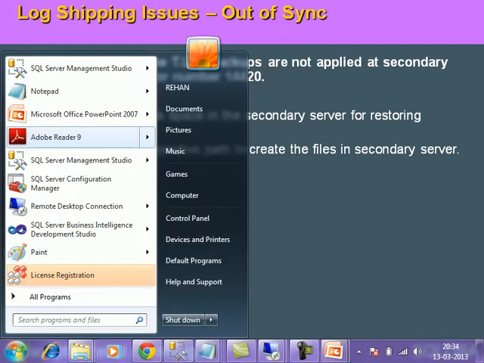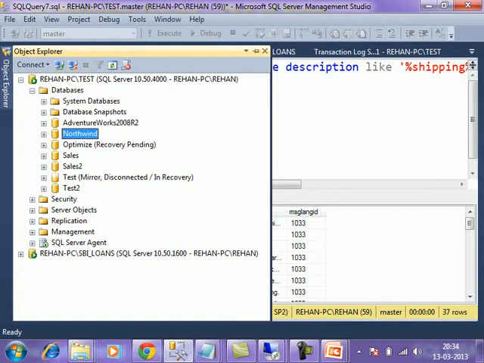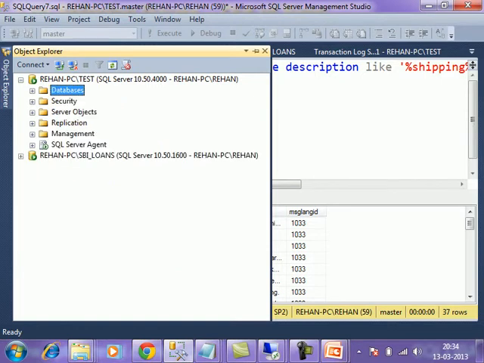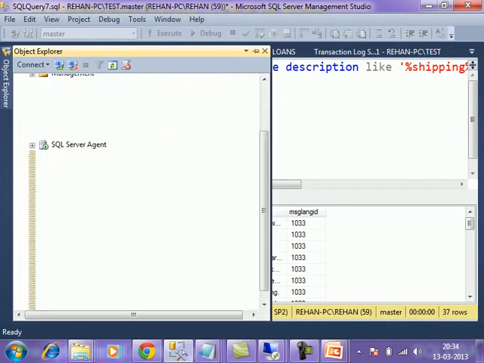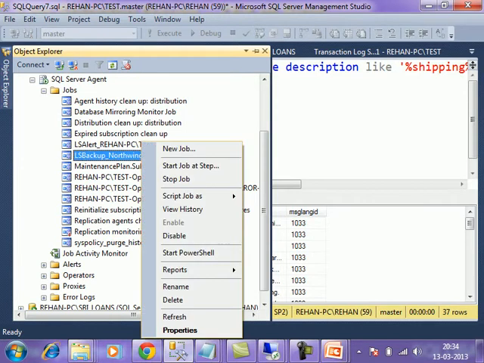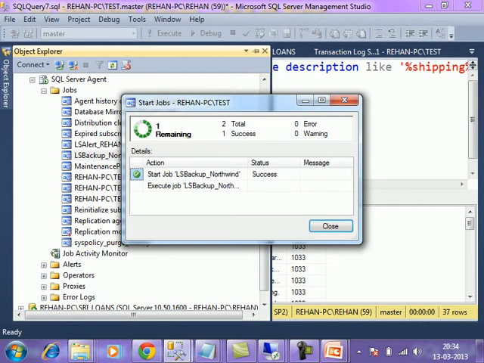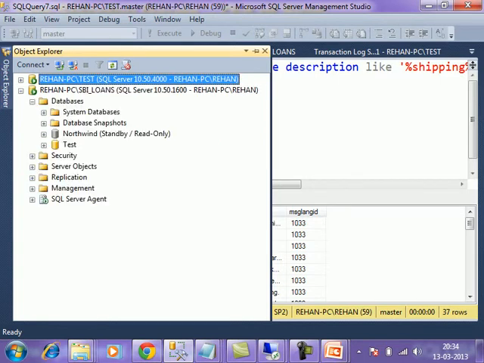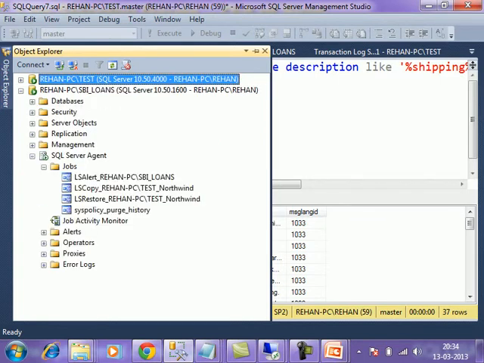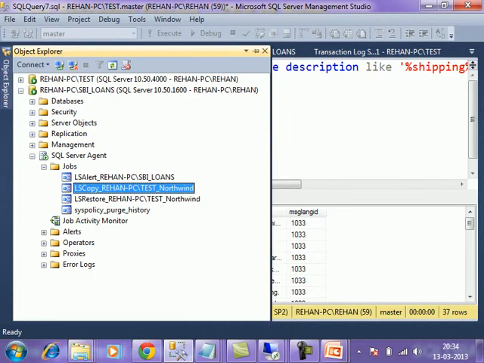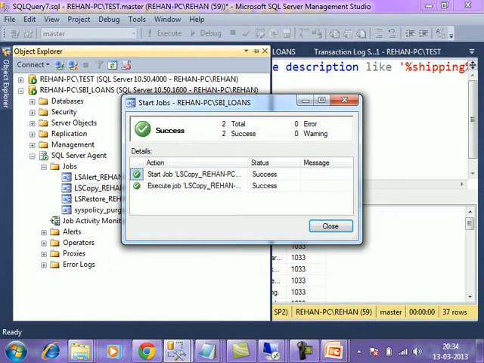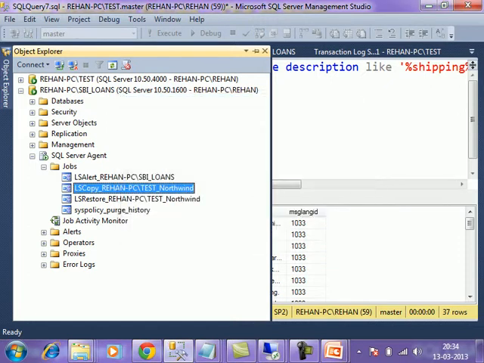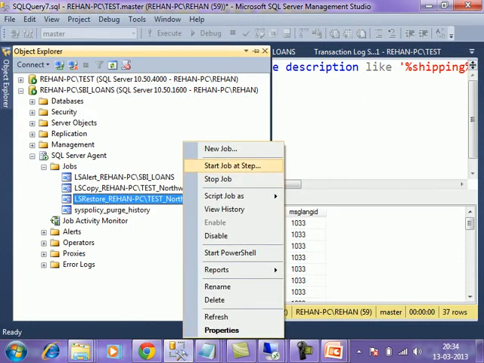For testing purposes I will run these jobs manually, otherwise we have to wait for some time. Manually I am running the job. The backup job succeeds, and the copy job also succeeds; the copy job just copies and pastes. Will the restore job succeed or fail?